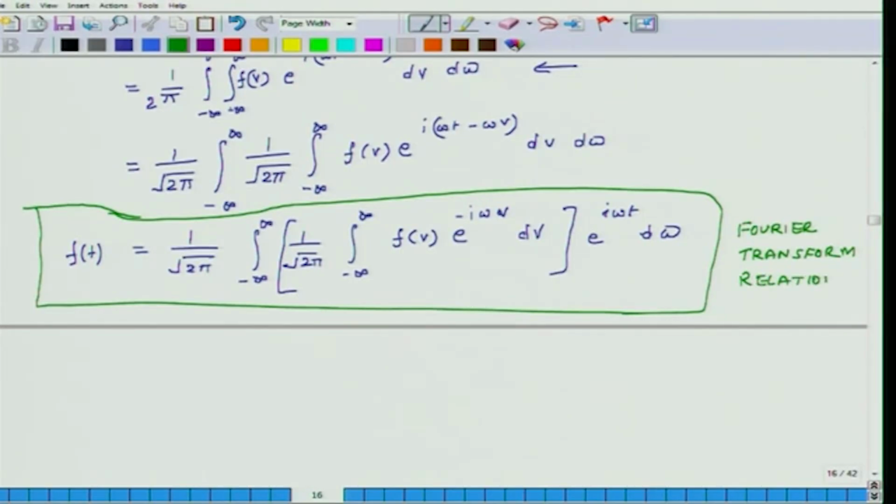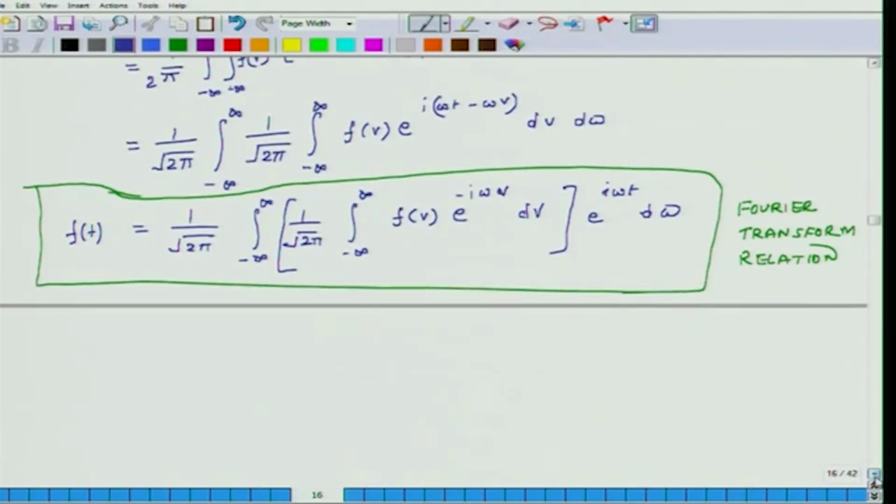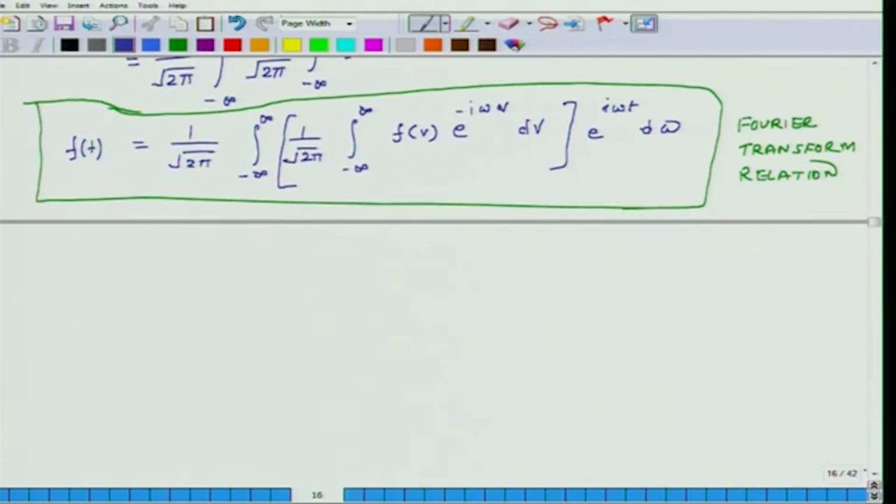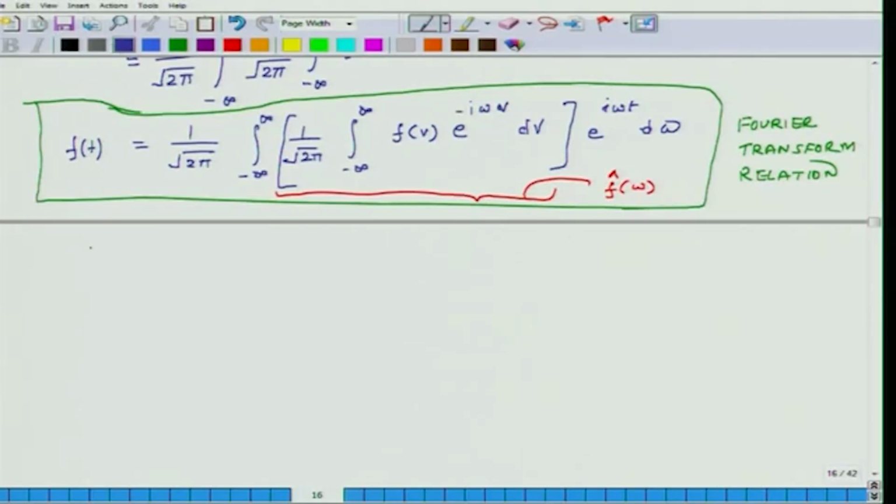And we will actually explain what all this is about. So the Fourier transform relation, and I can call this entire expression, which is in parenthesis, as f hat of omega. So f hat is a different function than f. So I can express f of t